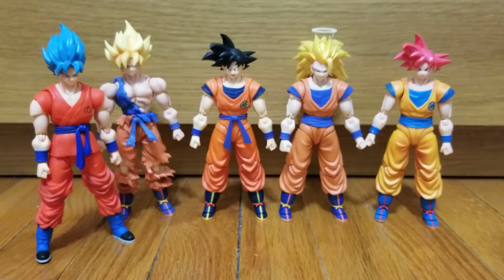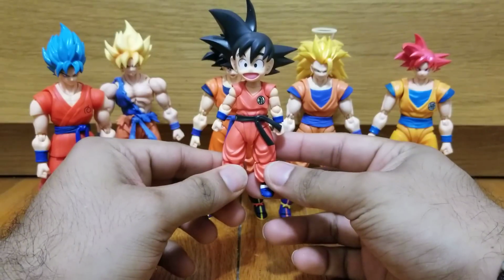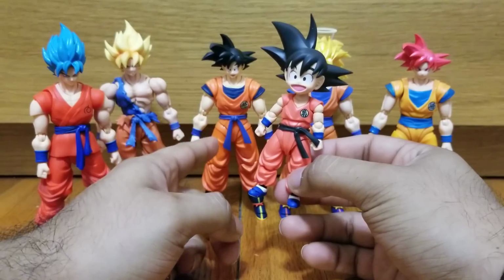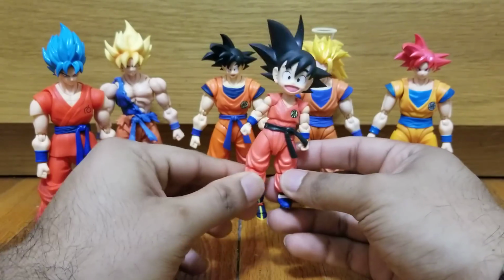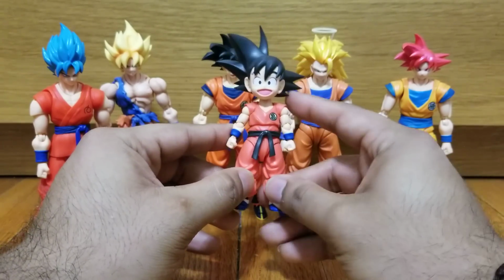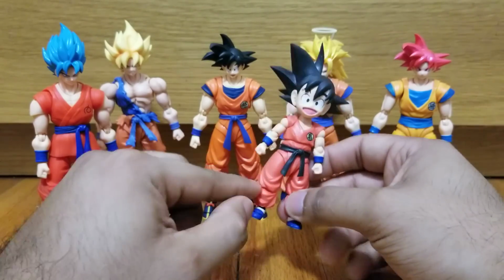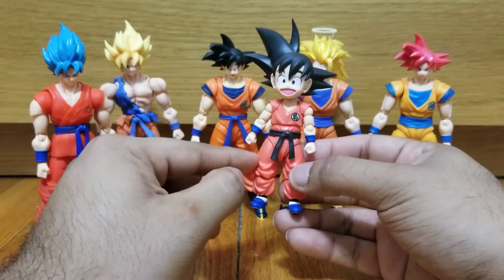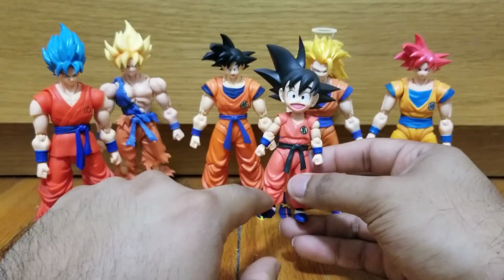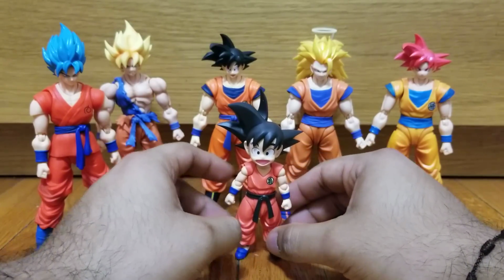And last but not least, here we have Kid Goku. Actually, Kid Goku has the perfect orange for this time period, which is pretty sweet. I like the fact that he has this kind of a reddish orange. So yeah, this actually more closely matches the SDCC Goku. Sorry about that. Now that I really look at this, yeah, this is pretty much the color that the SDCC Goku would have had. So here we have all the Gokus that I have,